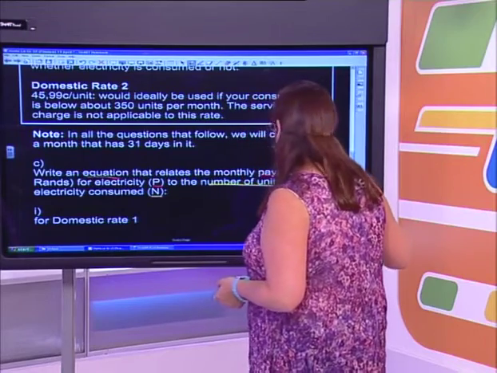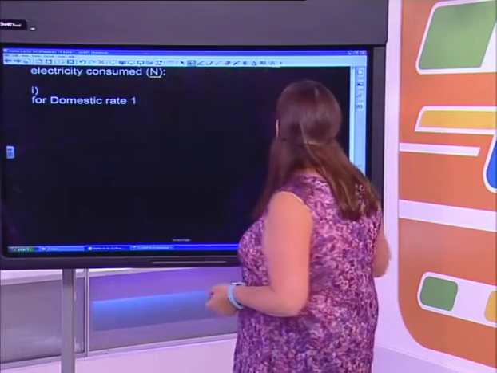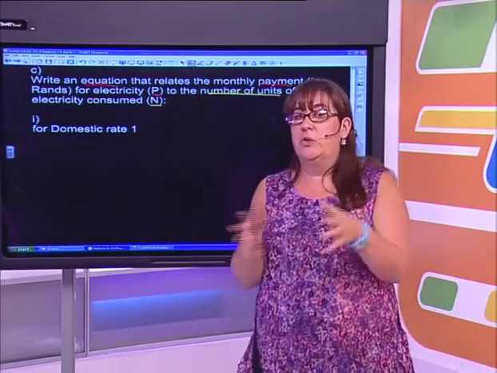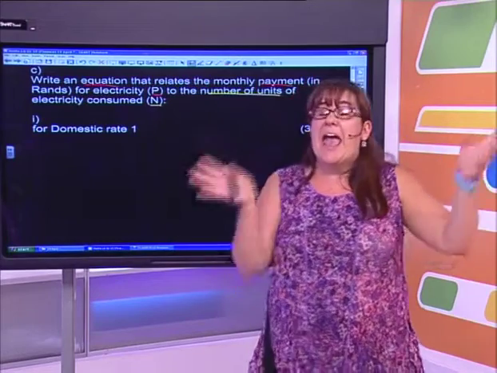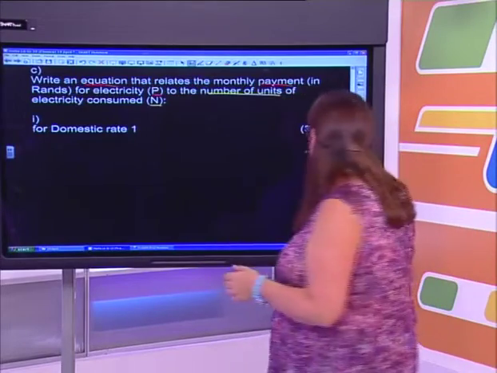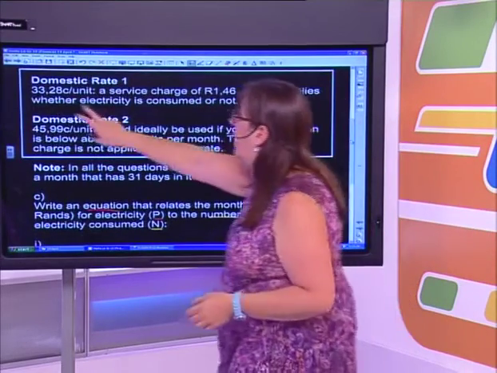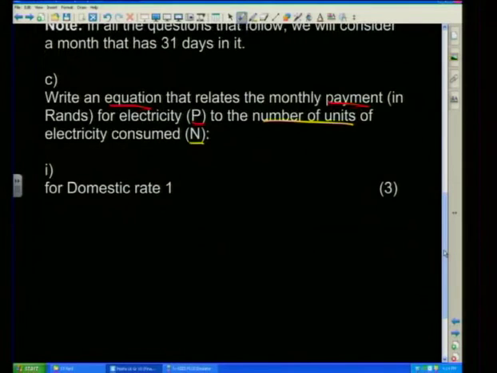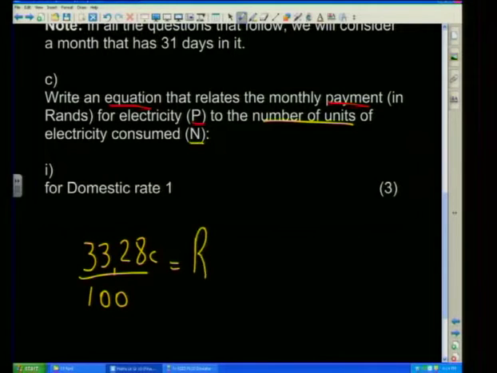So for domestic rate 1, right. Now we want this in rands. Now in the calculation that I did earlier, I calculated how many units they're going to get and got an answer in cents, and then I converted it. What I think we're going to have to do now is convert first. So let's go back up to this unit 1. This 33.28 cents, I'm going to convert. So it was 33.28 cents, and I'm going to divide that by 100 to see that in rands I've got